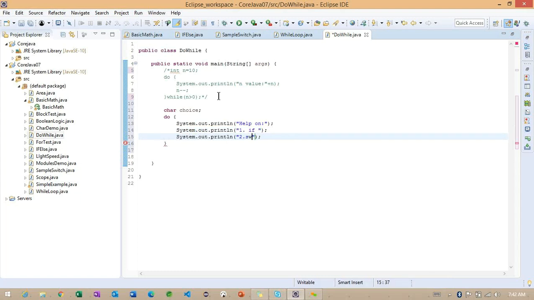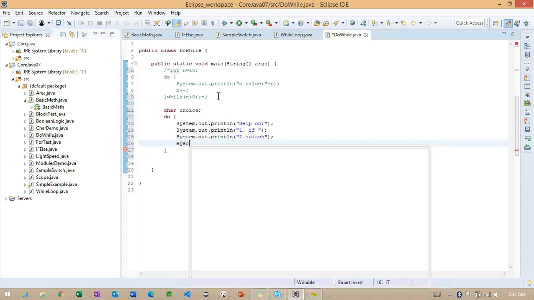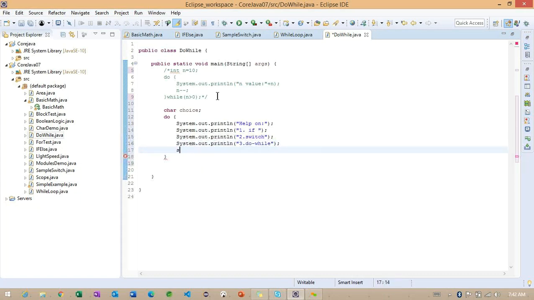Second for switch here, and third for do-while.